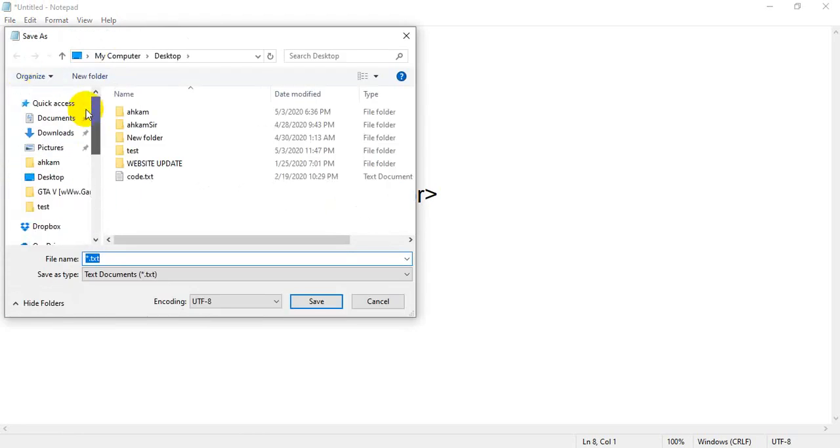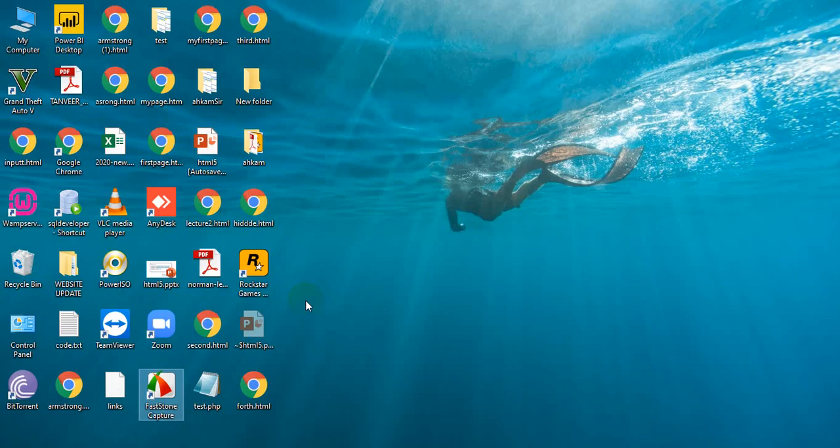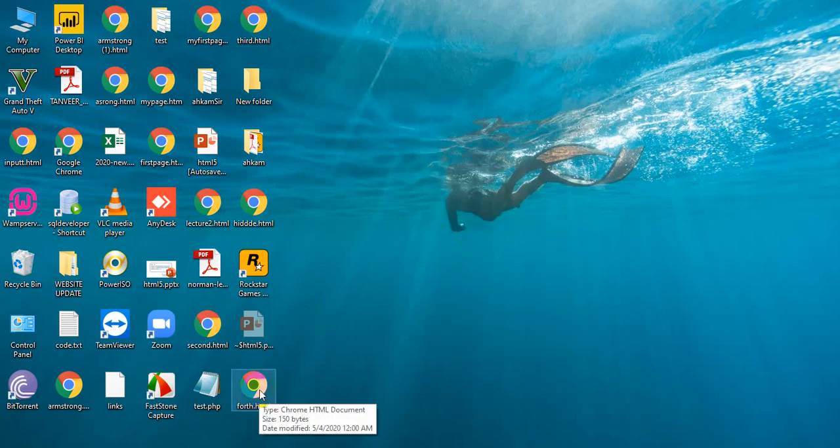Don't be confused. You can save anywhere, for example, right now on my computer desktop. Save your file. For example, this is the fourth lecture, so I will write fourth.html. Okay, save this file, then back to your browser, because I have saved this file. Then I'm going to run it, double click this file.